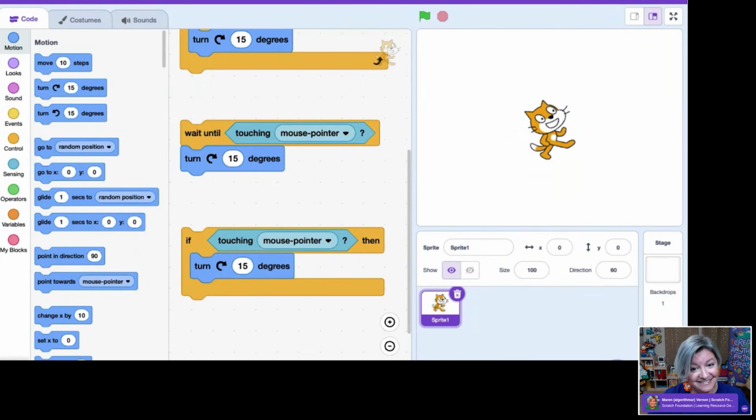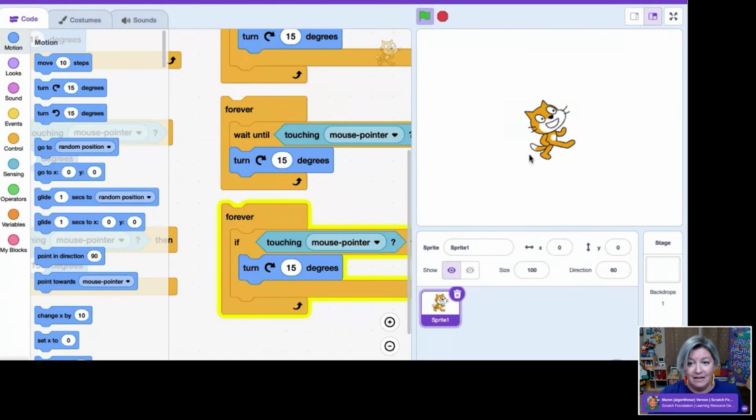Why? This is a good example of being able to talk through these things, which can sometimes be very revealing. I feel like this one in particular, students using the if then outside of a forever loop, is often a big debugging thing because they aren't thinking about, oh, it's just checking once at the very beginning of my program and then it's done. Versus if I put it inside of a forever loop, now it's working because it's constantly checking. Is this touching the mouse pointer? Is this touching the mouse pointer? And so it has a totally different functionality here.